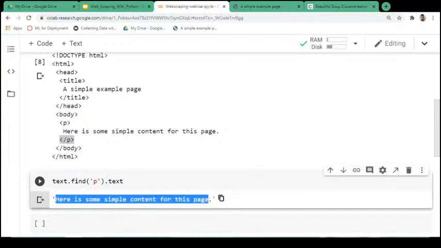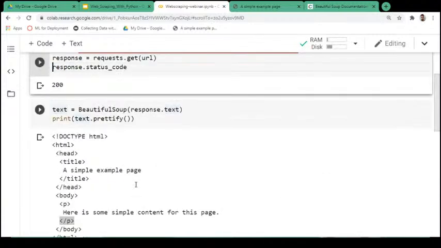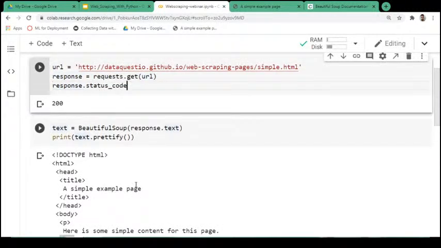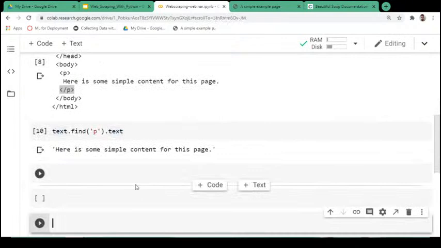So here now we are having this. Here is some simple content for this web page. So we have worked with this simple website. So this was just for the demo. Now we are going to work for the real website where we have all the information and we want to